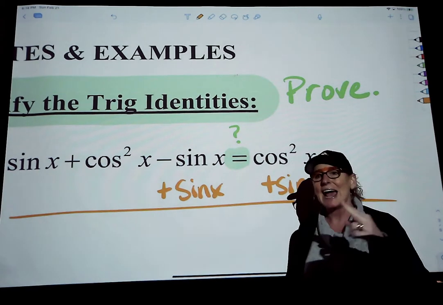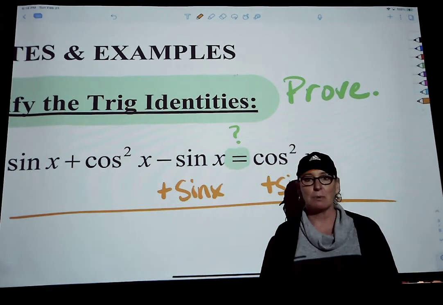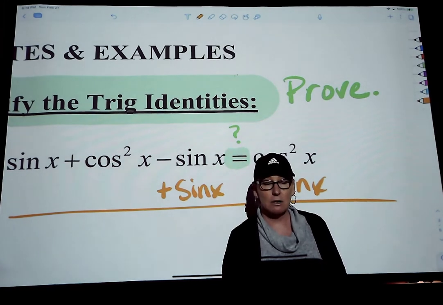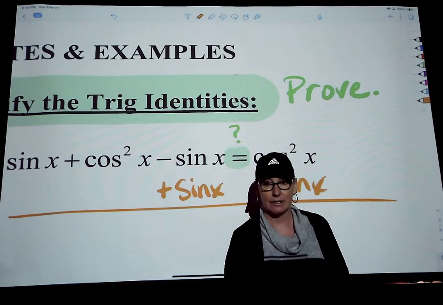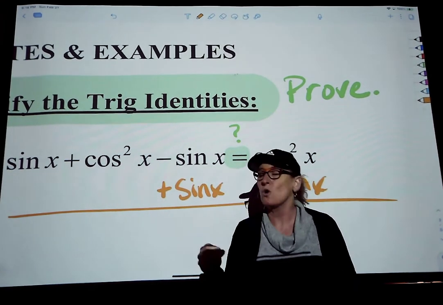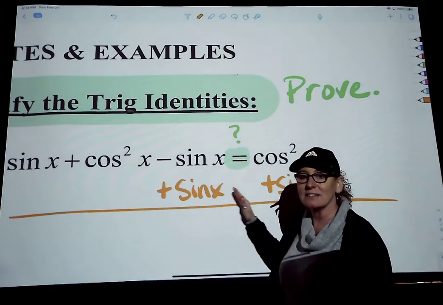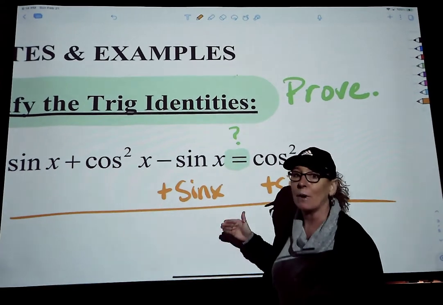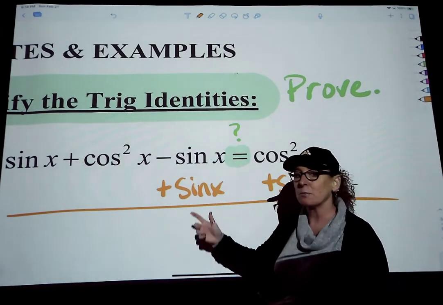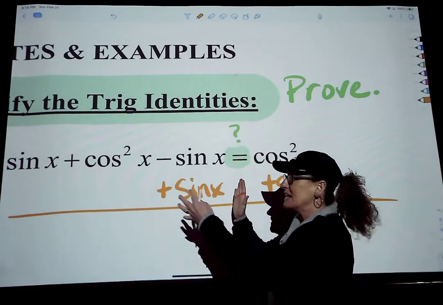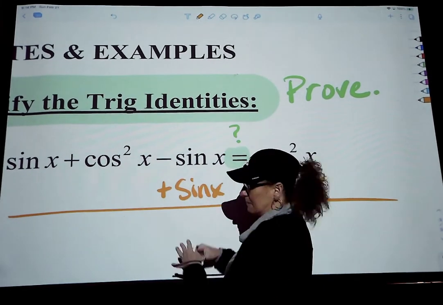You can't add something to both sides of your equation. Why not? Because you don't know it's an equation. We don't know it's an equation. That's what we're trying to prove. So you can't add something to both sides of your equation. You can't multiply something on both sides. You can't divide something on both sides. You have to work with each side individually. So,